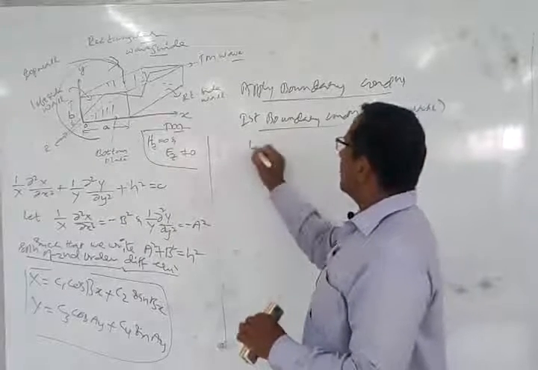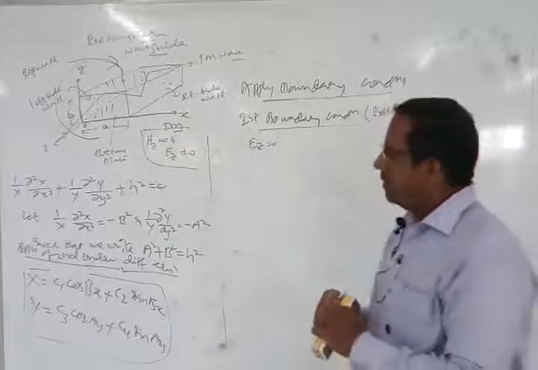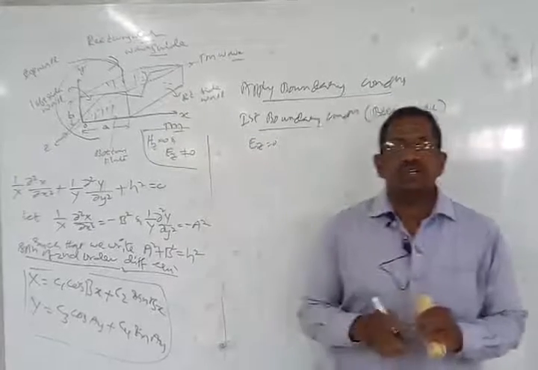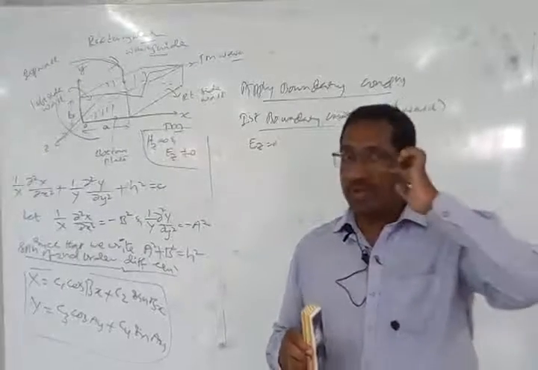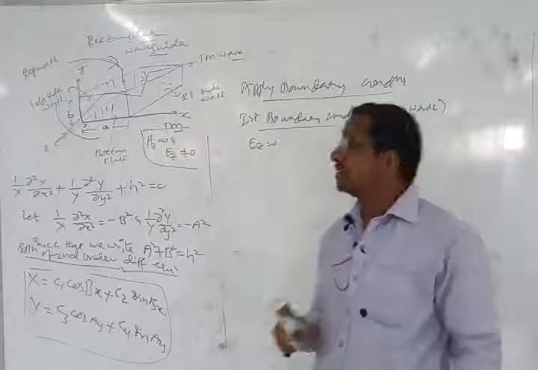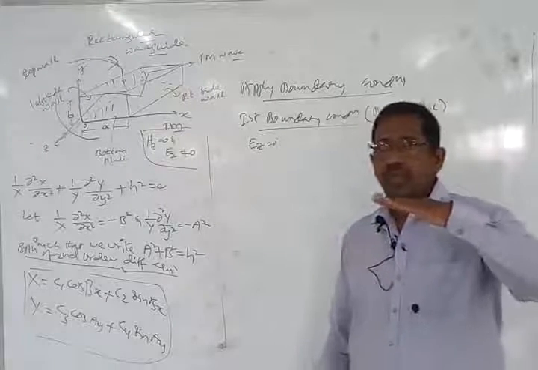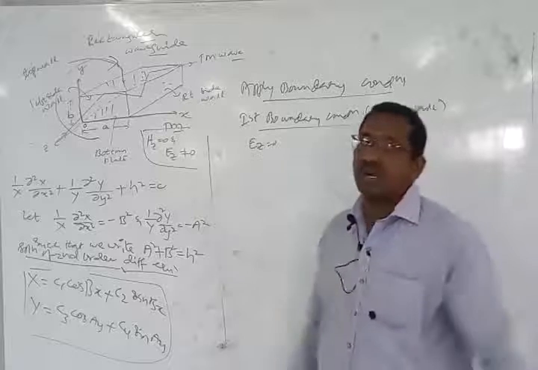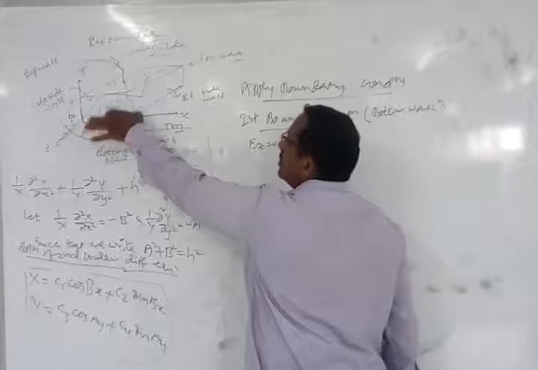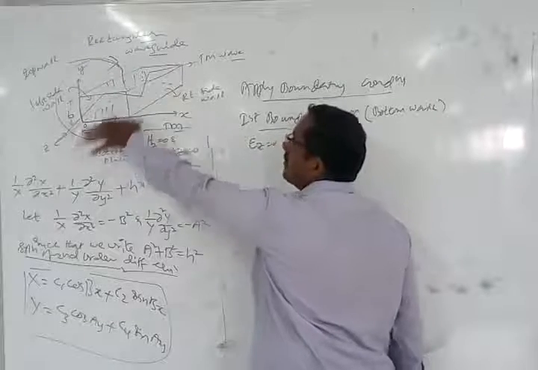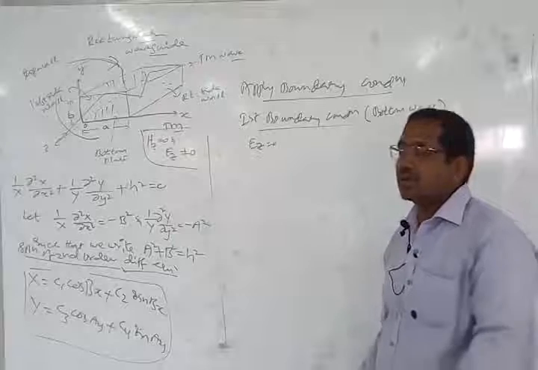See here, the Ez component should be equal to 0. We already discussed this: the tangential component of the electric field in the parallel plate guide should be equal to 0. The same concept is used here, except that instead of conducting plates we have a waveguide. When you consider this particular wall, it is once again a conducting plane. The bottom wall alone is a conducting plane.